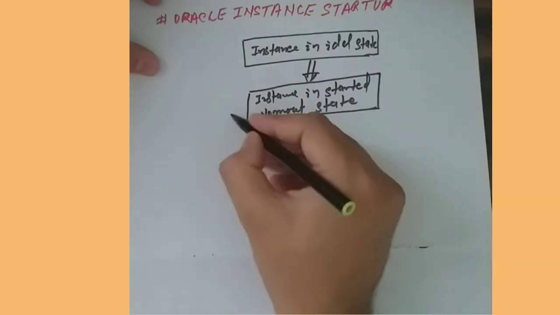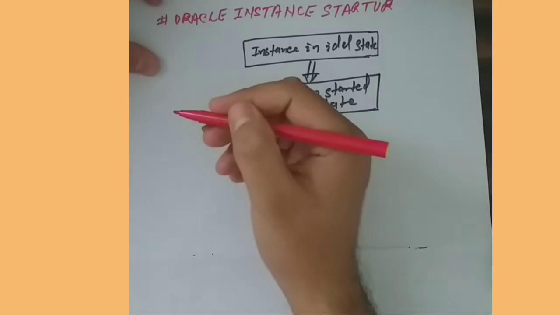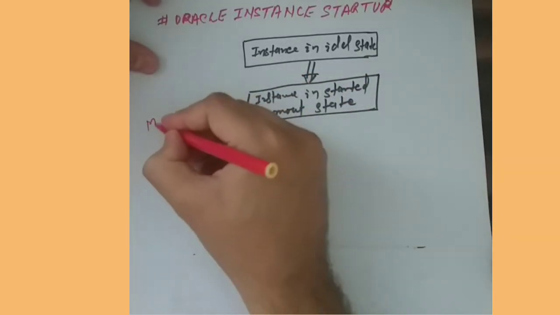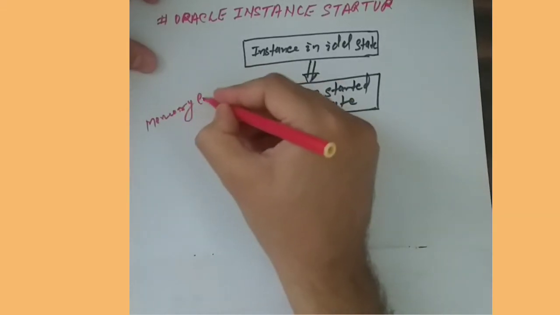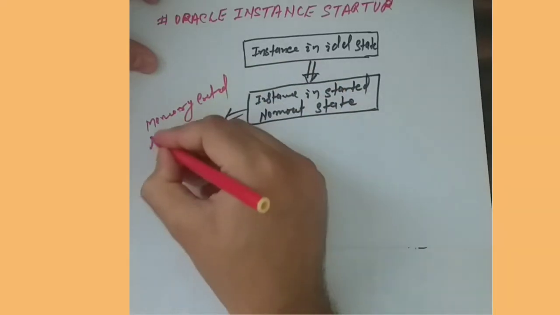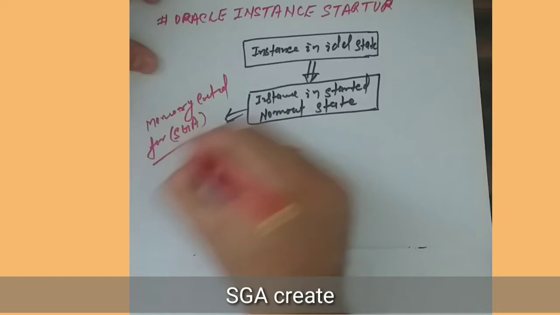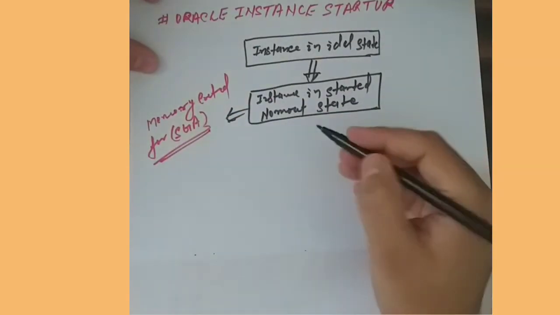So basically here no mount state means memory created for SGA. Okay, so basically memory created for SGA, system global area. Okay, then it will come to